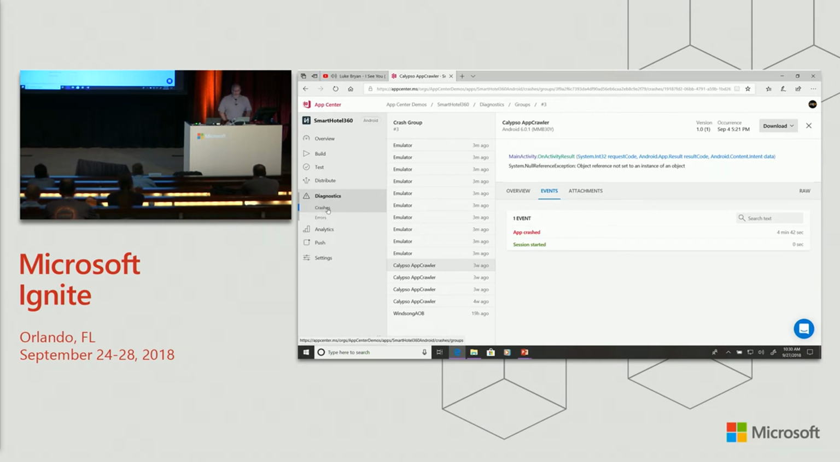And that's basically it. That's an overview of what we're doing with App Center. So the reason why this is important,